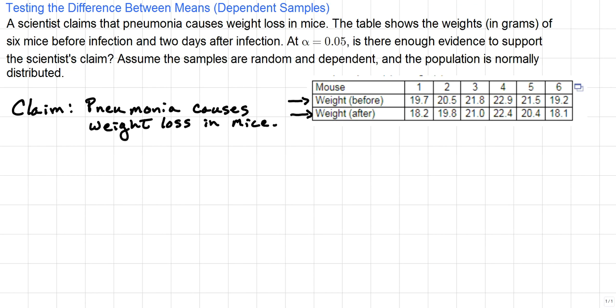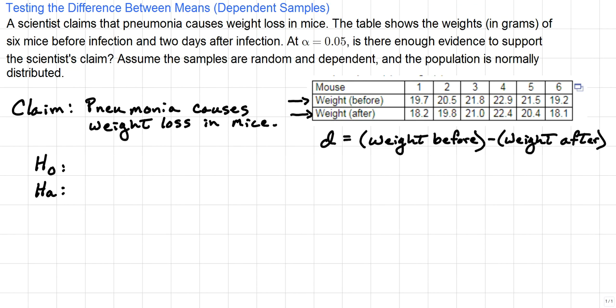So now we need to go ahead and determine what our null and alternative hypotheses are. And in order to do that, we need to look at the claim and see exactly what that means. And that means that D, the difference between the two samples, looks like this. D will be equal to weight before minus weight after. So in order to determine what that means,